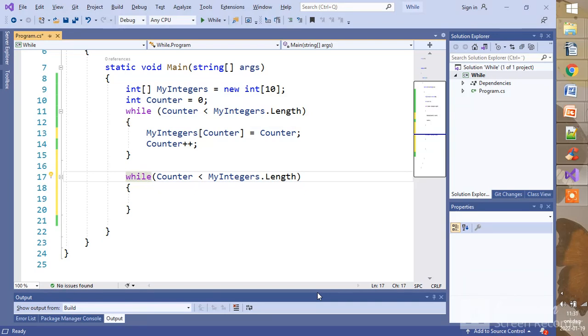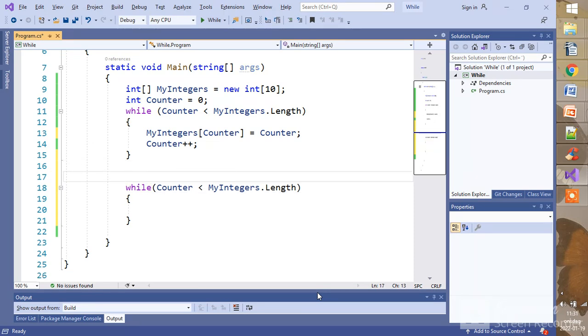One thing we have to do is that we have to set the value of counter to 0, because when the first loop finishes running, the value of counter is 10. So we cannot start the second while loop with counter being equal to 10, because then the condition would be false right away and the while loop would not run a single time. So we assign the value 0 to counter, and now it will allow the second while loop to run 10